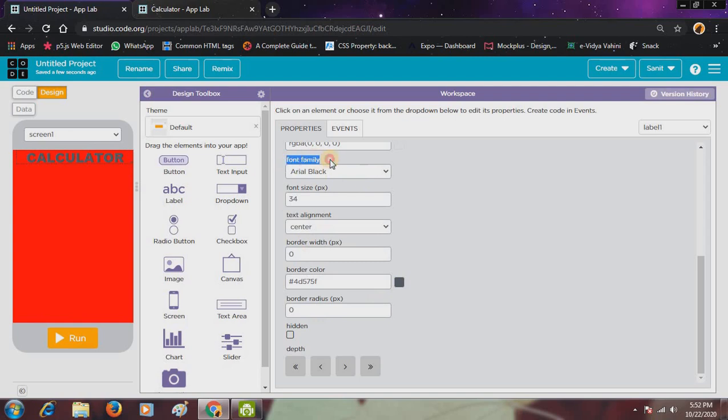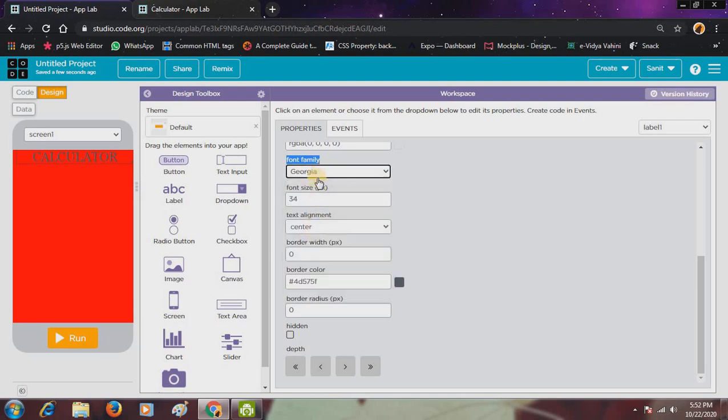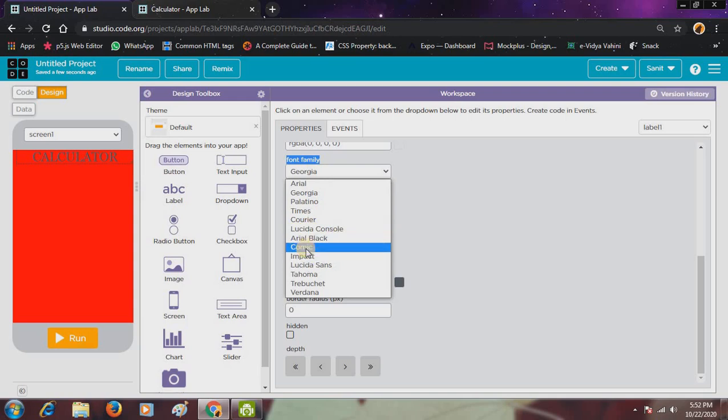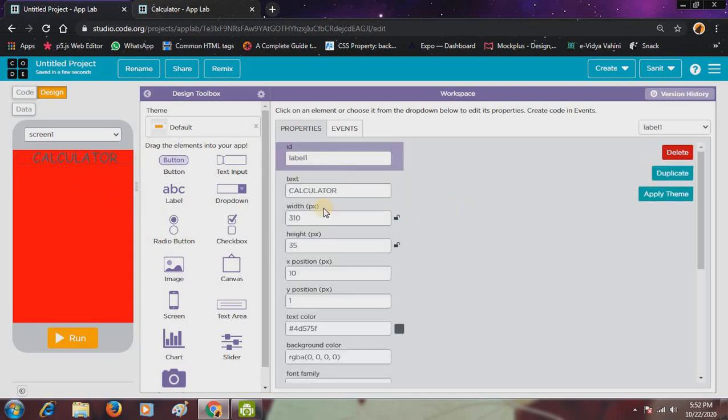So you can see here font family, so it is Arial black. So there are many fonts you can use, so I am using Comic. Here you can see Comic, and I will make black.